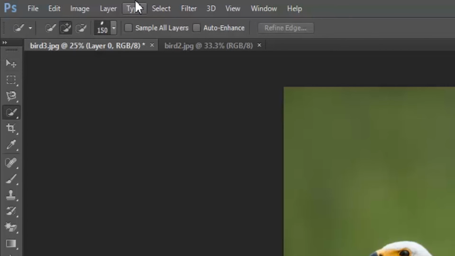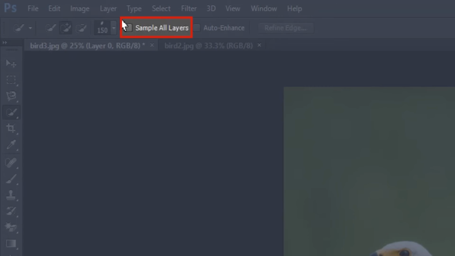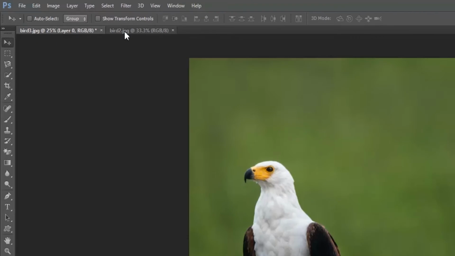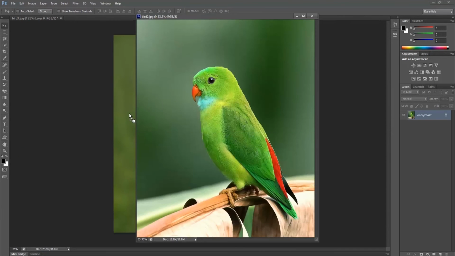Moving towards the right, the next option is sample all layers. To explain about this option, I will bring one more image here.